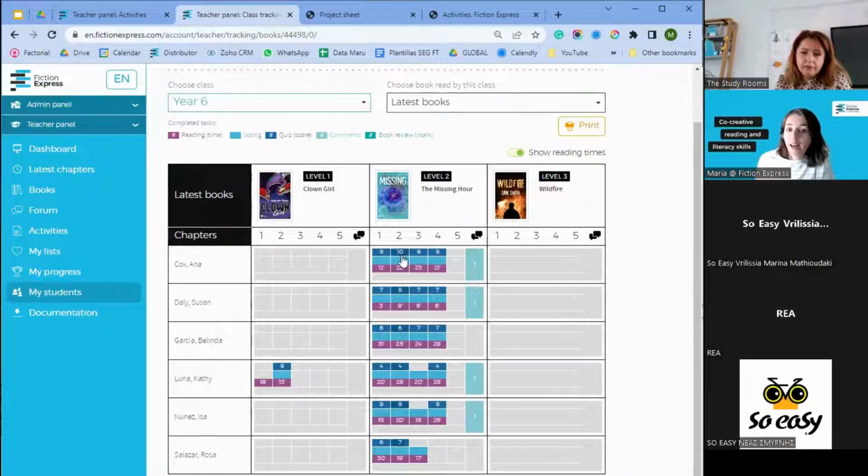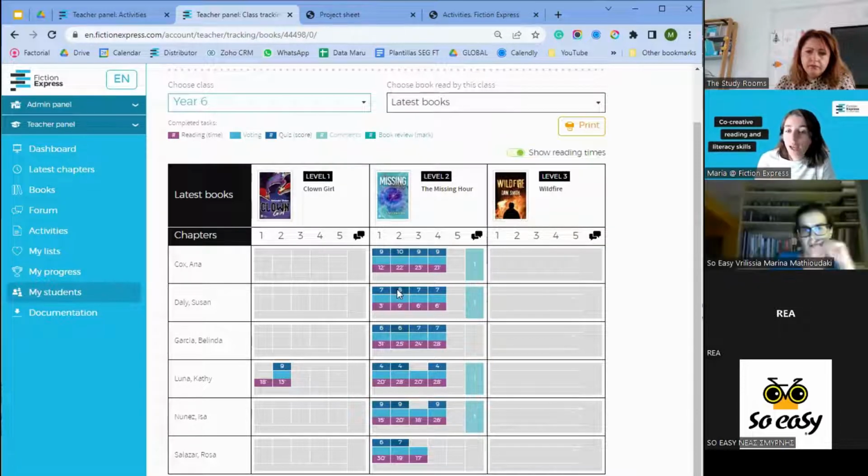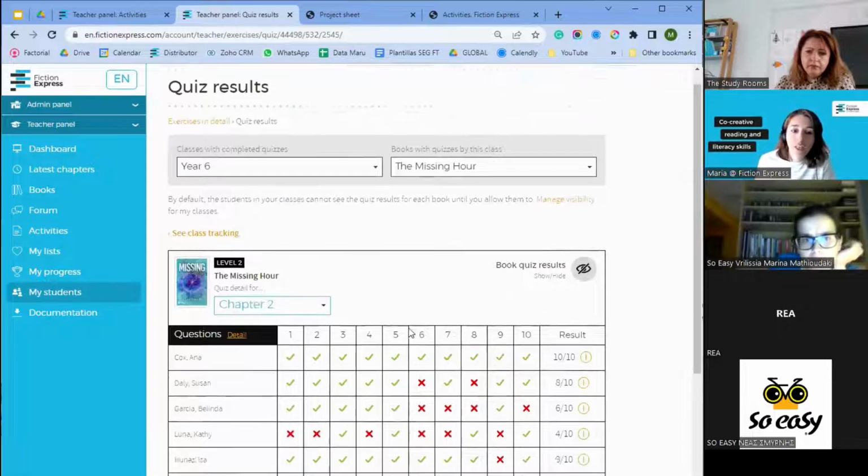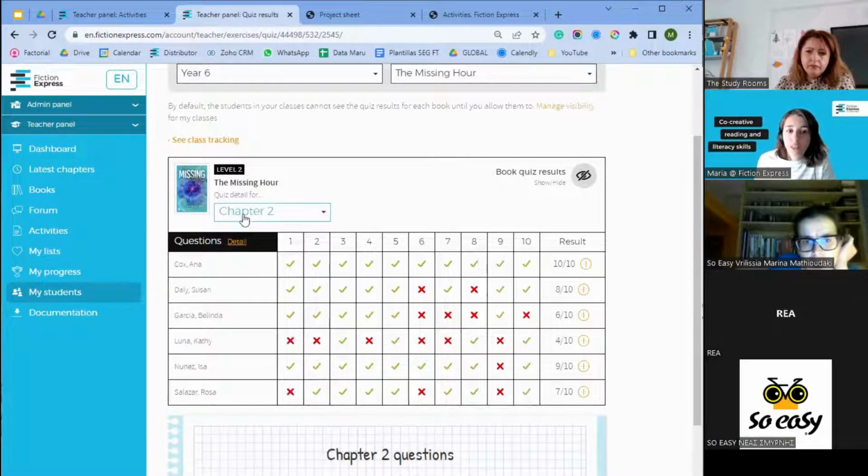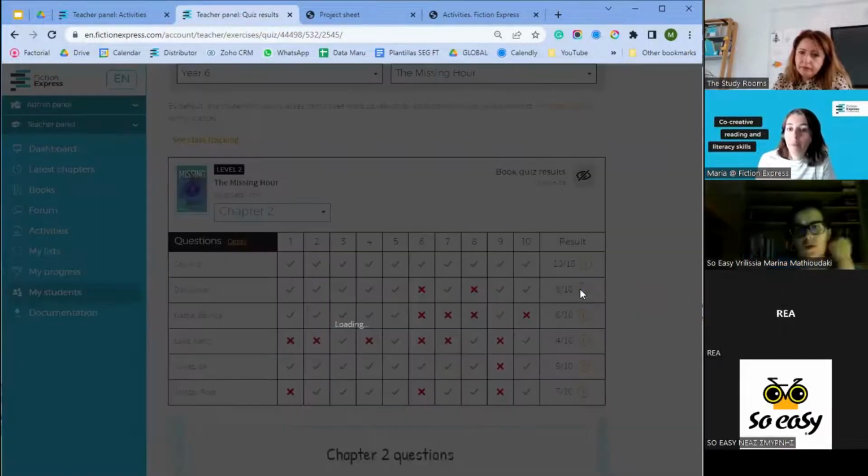I can also make other decisions, like here, she's been getting 9s and 10s on the quiz and reading with average time. So I can move her up a level for the upcoming life cycle. So this data will give you a lot of evidence to make instructional decisions. You can also click on each of these little boxes and you will access more information. So here I can see for the quiz of chapter 2, how each of my students did. I can open up their quizzes and